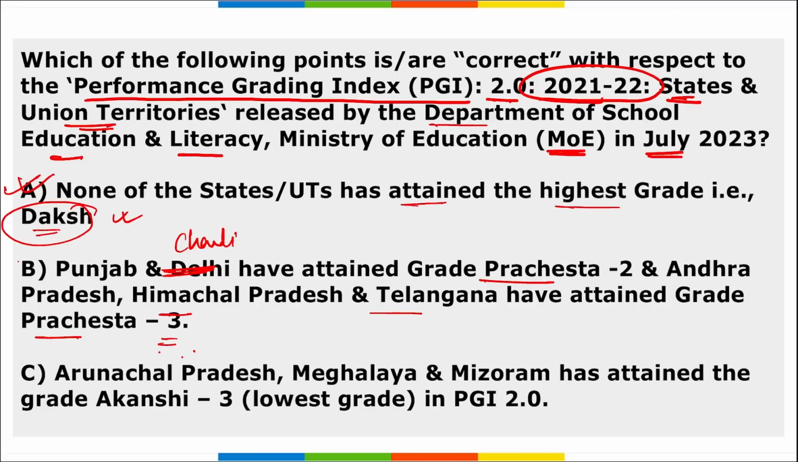Then remember, coming back, option B is wrongly mentioned here, and option 3, Arunachal Pradesh, Meghalaya, Mizoram has attained Akanshi 3, that is the lowest grade in this PGI 2 index, right? So Arunachal Pradesh, Meghalaya and Mizoram, they have attained the lowest grade, that is Akanshi 3. And which state achieved the highest grade, that is Daksh, that is no state has achieved this highest grade. And if we talk about grade 2, that is Prachestha, it was achieved by Punjab and Chandigarh, correct? And Prachestha 3, that is the third grade, it was achieved by 3 states and union